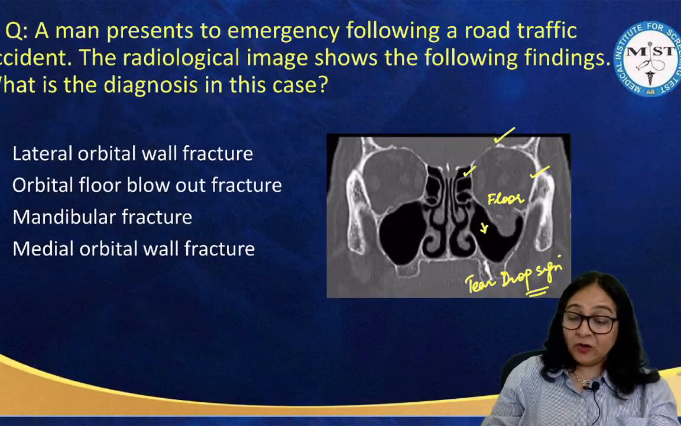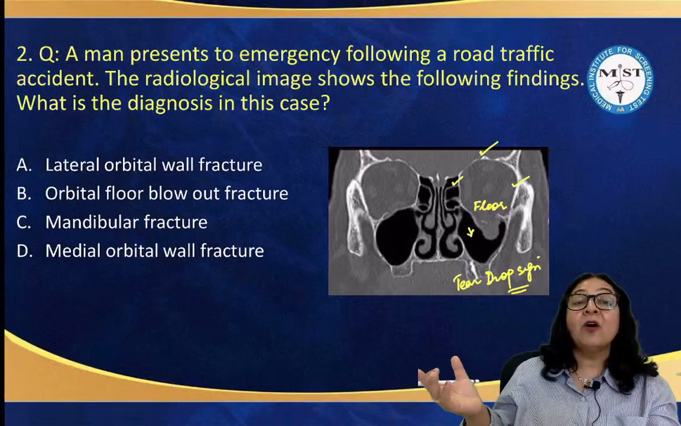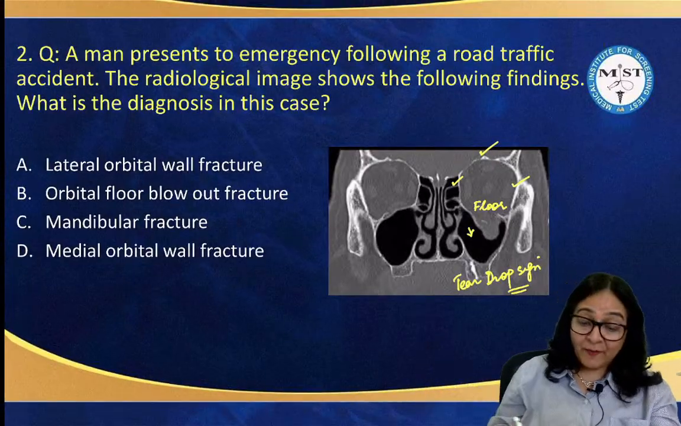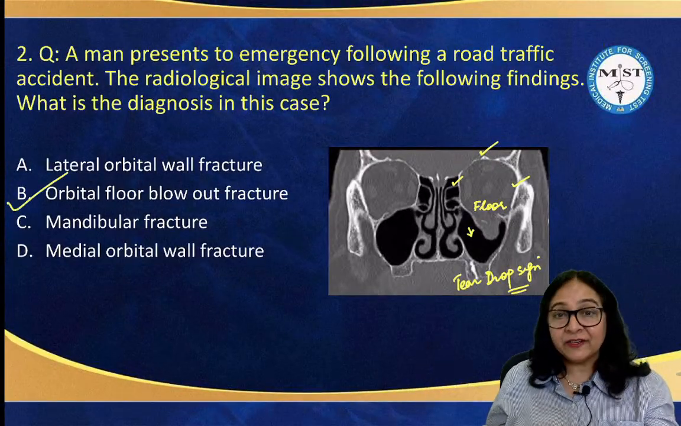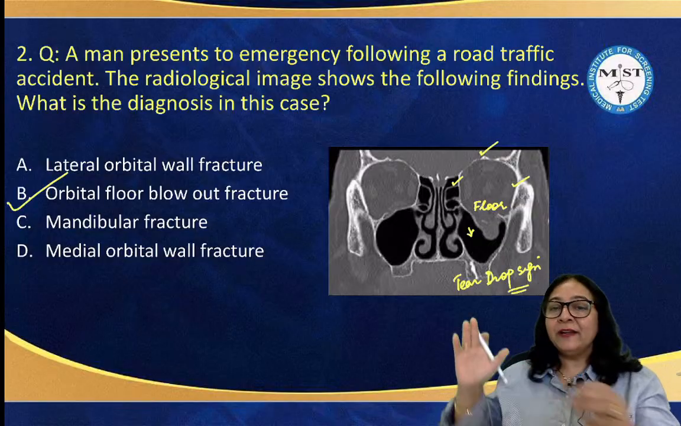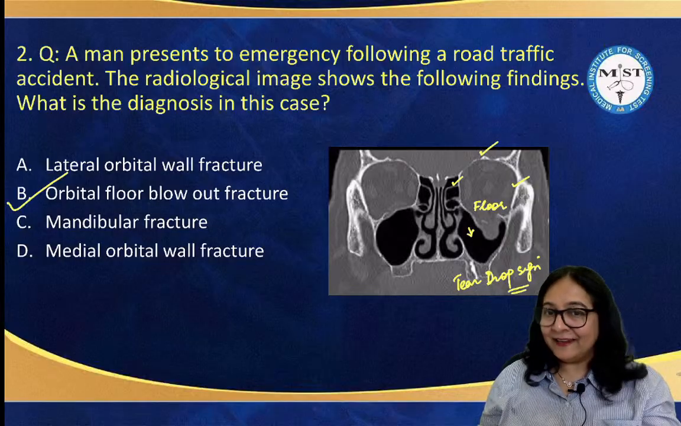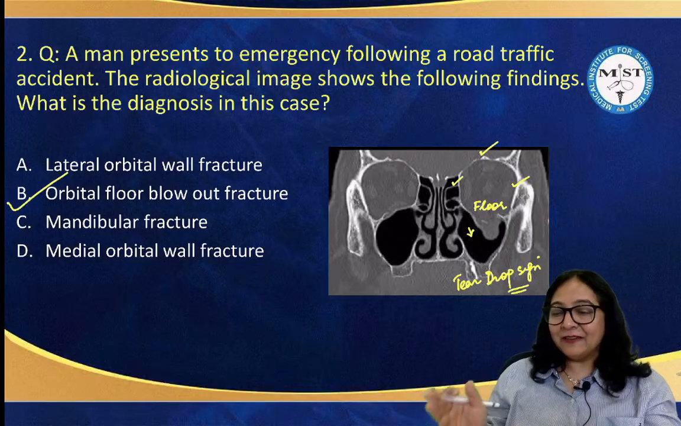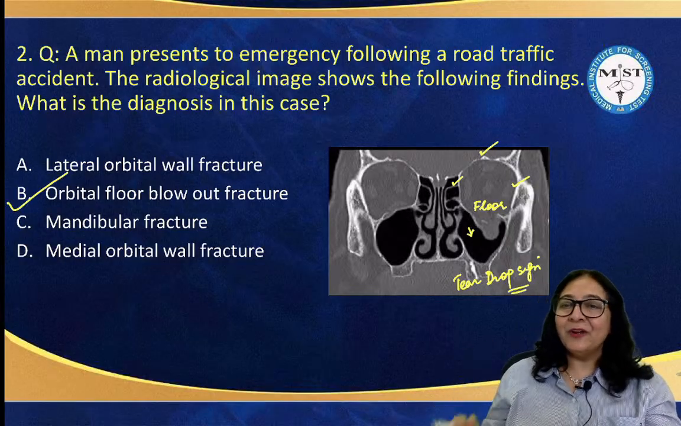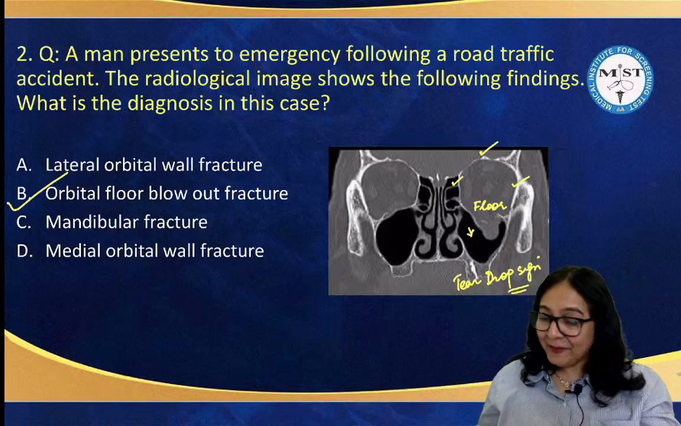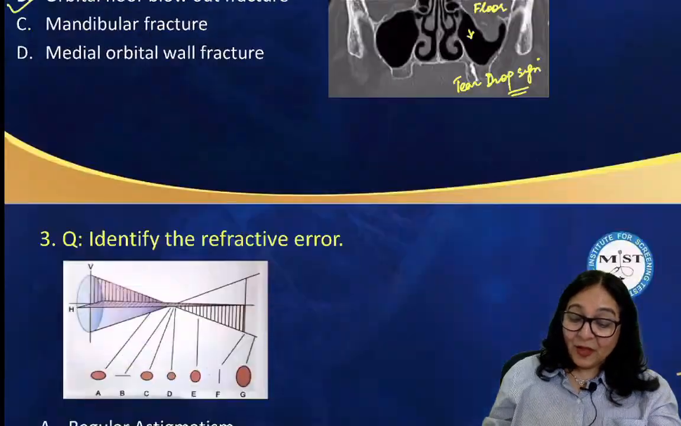You did not even have to look at any other option in this case, because orbital floor blowout fracture is a very straightforward diagnosis when this radiological picture is seen. And again, I am very sure that we have discussed it and all of you would have marked it correctly. Okay, right? Moving to